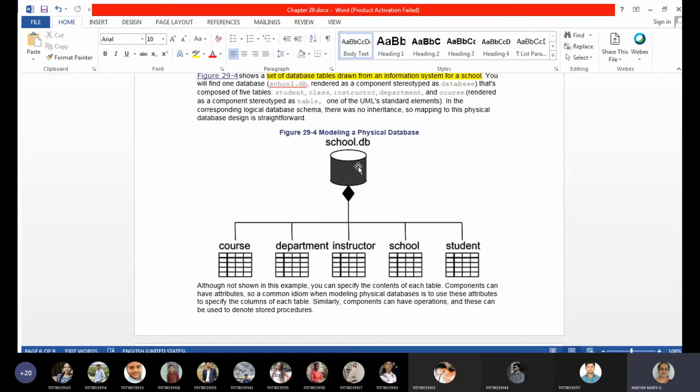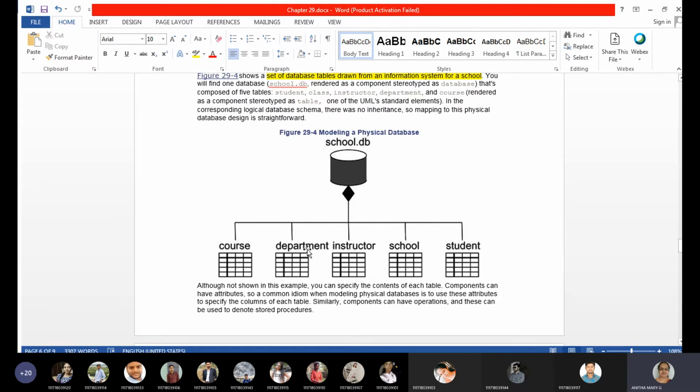When we ask you to show your database, you show the different tables you have created: a table for login, a table for storing employee details, a table for storing employee salaries. Likewise, you may be showing a number of tables within your database for your project. Similarly here, when we talk about a physical database, we consider what exactly the database contains.